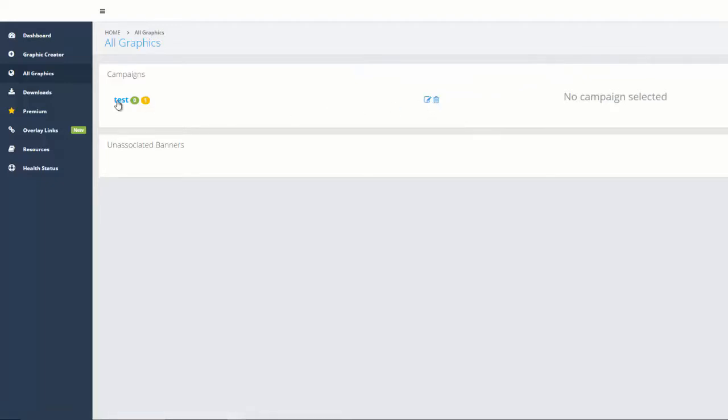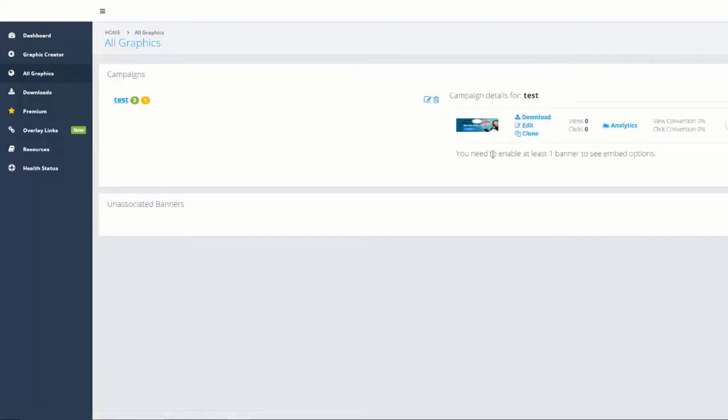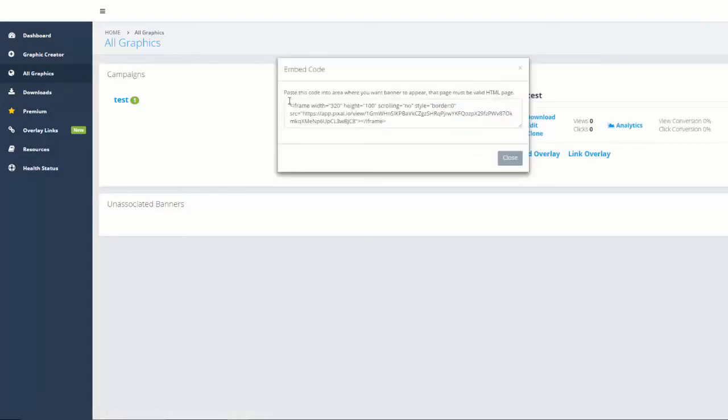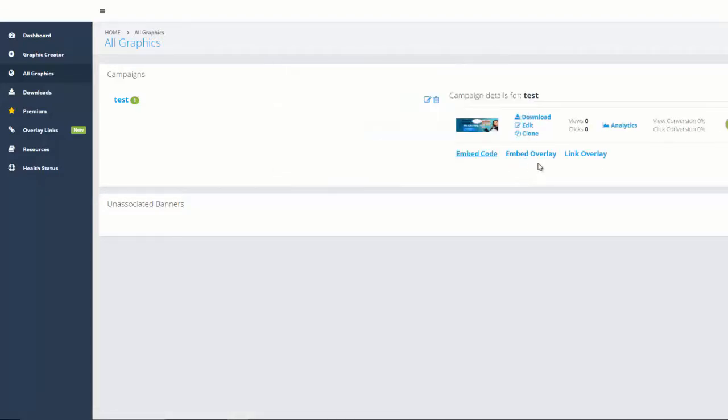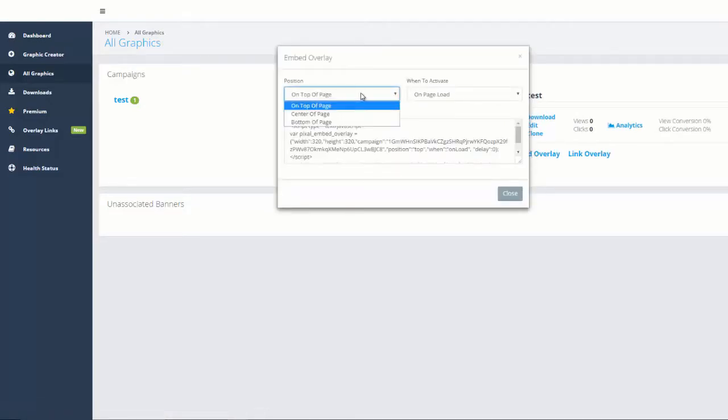Now what we can do now is we can click on test and it will show us all these different things here, so we can get analytics and we can use it and we can actually see how that banner is performing. Fantastic, really cool stuff. Now once you have this added in here, you can actually click it to make the banner active, and then you can either get an embed code like this where you can put it wherever you like with an iframe, an embed overlay where you can choose to put it on the page and when it happens,